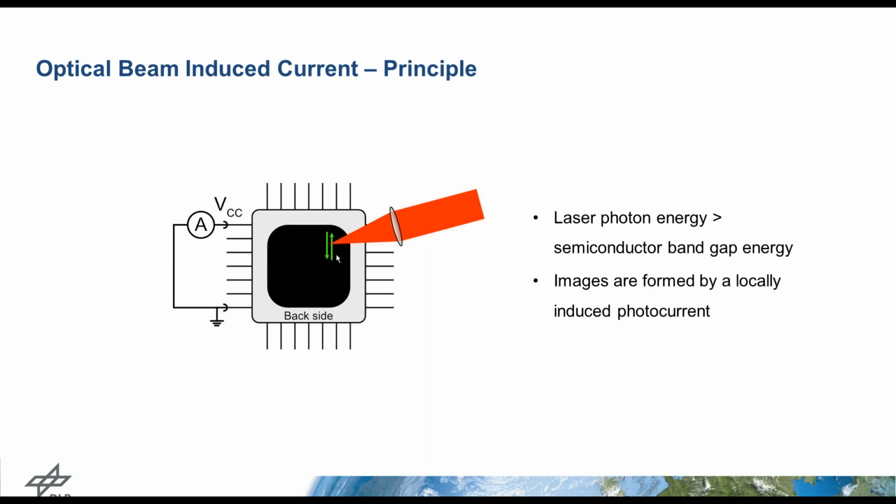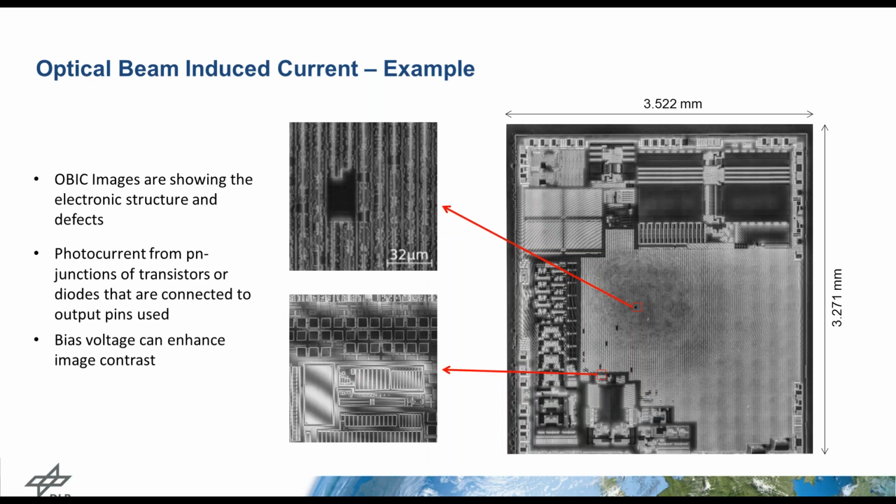And the question is now, what is it that you see? So let's start with an example. Here's an example of such a measurement. If you zoom in, you see the electronic structure of this IC, or defects. If you have a defect, that means we will have a black area somewhere. But what you see here are PN junctions of transistors or diodes that somehow are connected to the pins where